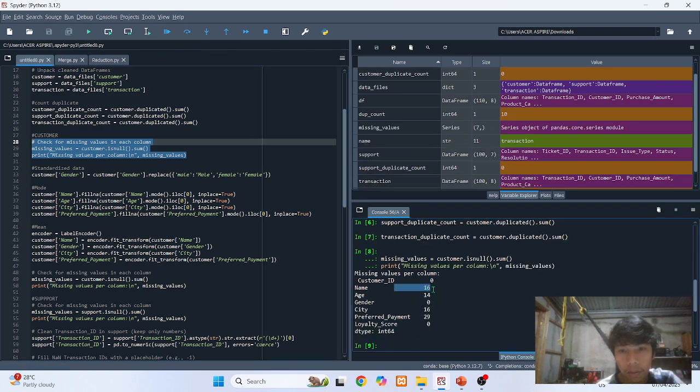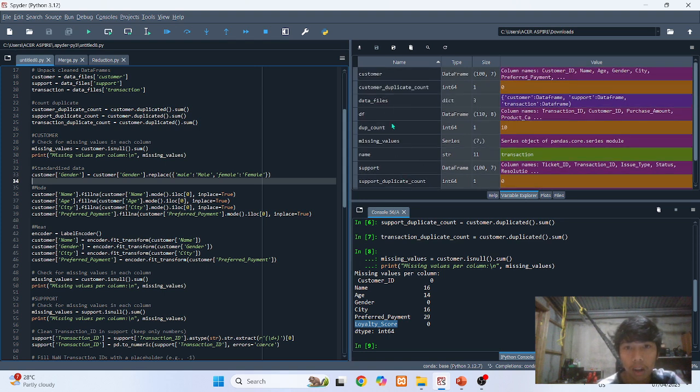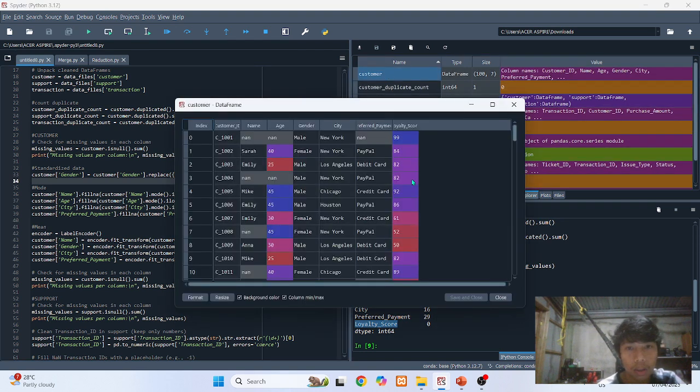In the printout, the name has 16 missing data, age has 14 missing data, gender has 0, city has 16 missing data, preferred payment has 29, and loyalty score has 0 missing data.